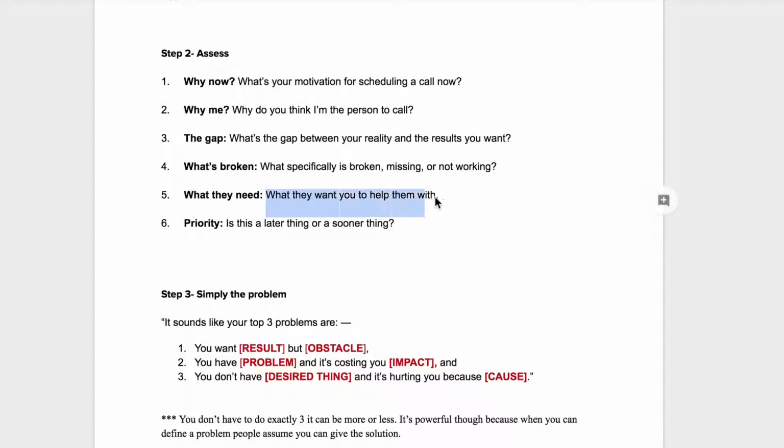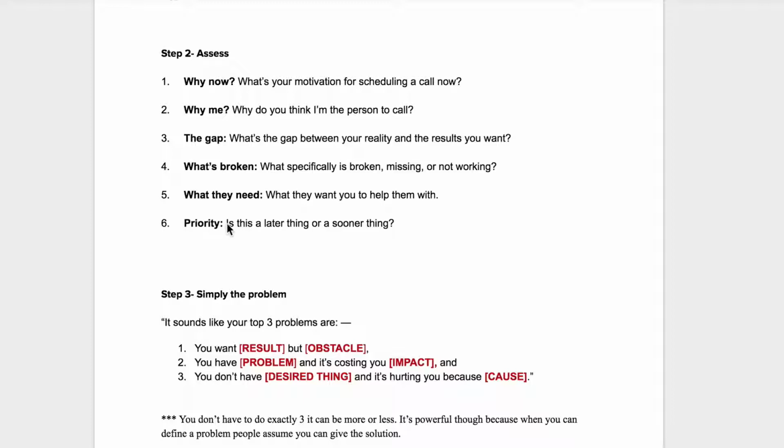What they need, so that they're just telling you the things that you're then later going to use in the sales call. And the sales call is just basically a deeper version of this, using more psychological triggers and more emotion. But you're trying to just find out exactly what they want. The best salespeople just ask a lot of questions, and then they can make the perfect offer to the person on the other side. And then you want to know,